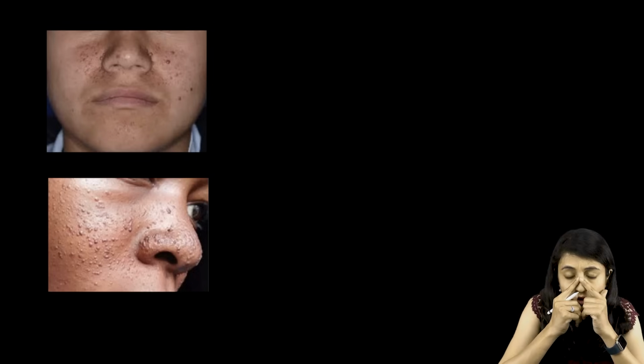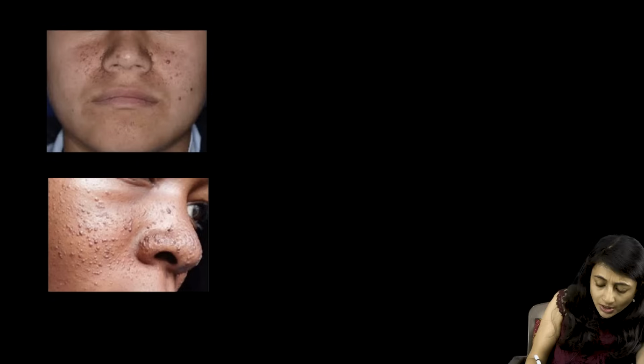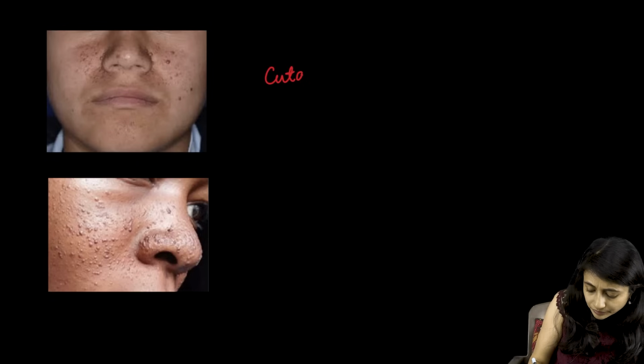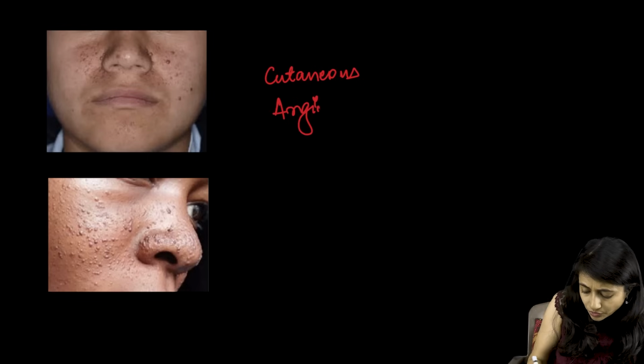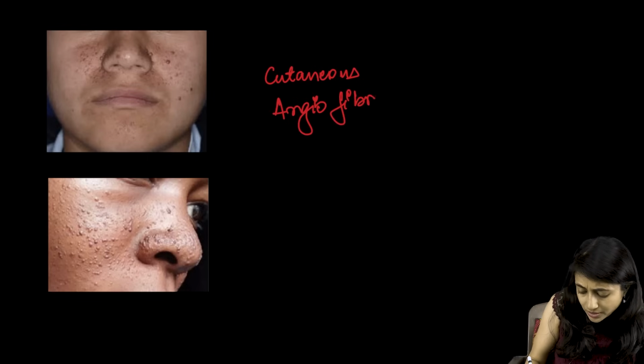Right? Okay. Then the other neurocutaneous syndrome that comes up is you're given an image like this and you are asked to identify these, or you're told to give the diagnosis. So when you see these red color papules which are localized on the nose, on the cheeks, these are nothing but cutaneous angiofibromas which are seen in